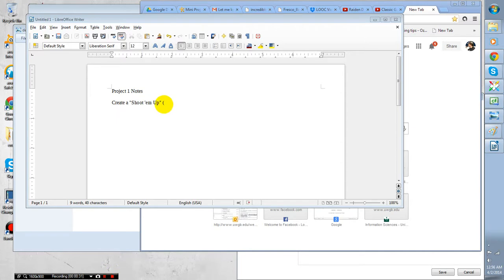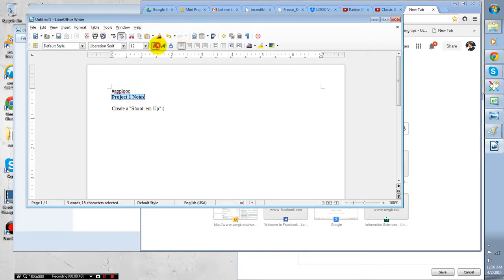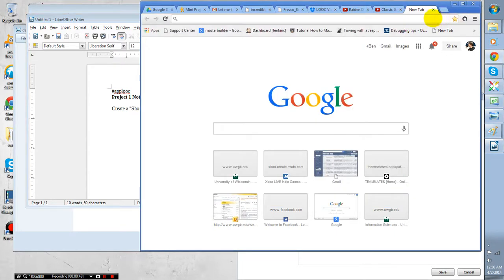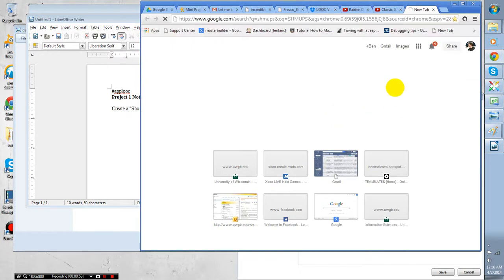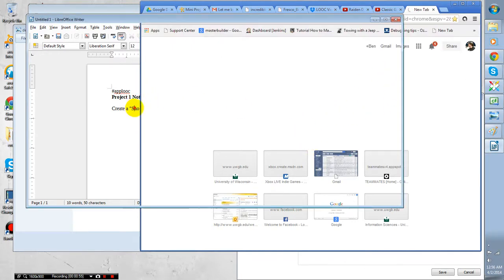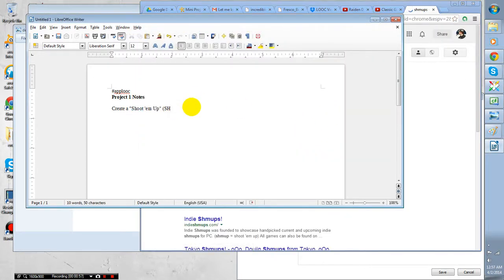To switch over to LibreOffice there. So anyway, Project 1 notes. Obviously this is going to be in a much better format soon, but we're going to be creating a shoot 'em up. That's shmup, as some people call it. As you can see from here, shmups is the standard thing to call shoot 'em ups. So we're going to be creating a shoot 'em up,